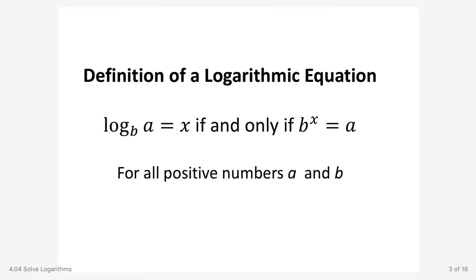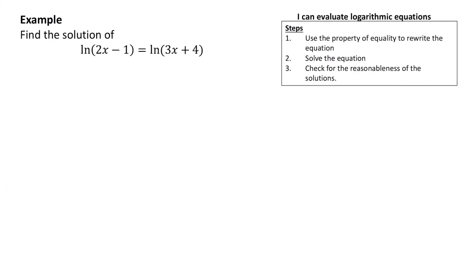Remember also the definition of a logarithmic equation. The log base b of a equals x if and only if b to the x equals a. Remember, this is true for all positive numbers a and b. So this value right here, this a has to be positive because if we exponentiate something, like if we have b to the x, then we're going to get a positive number. So that's important to remember, that a and b are both positive numbers. That's something to keep in mind when we work on solving these equations and checking the reasonableness of our